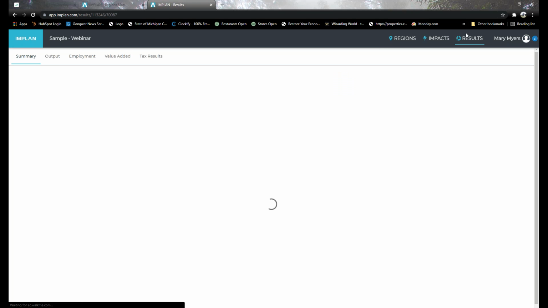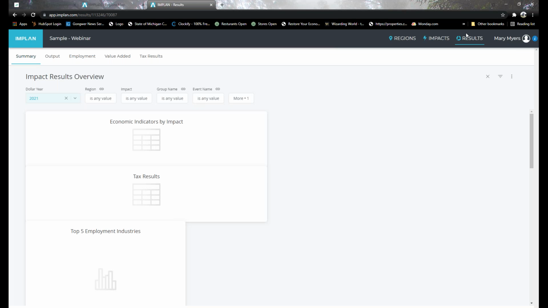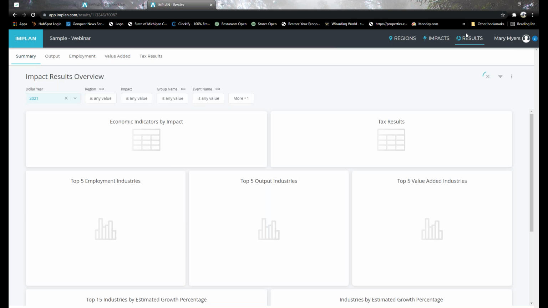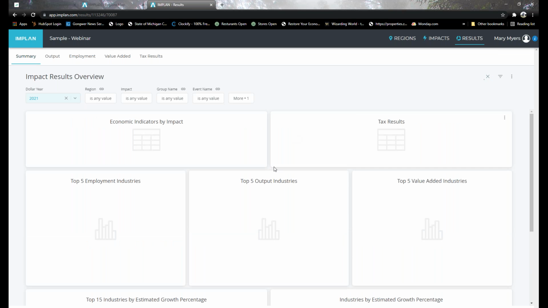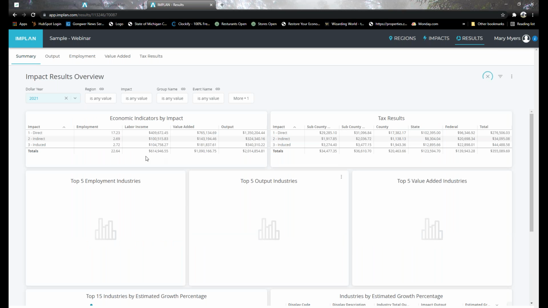And then what happens is it gives you all of this raw data, which I'm more than happy to give to you, but most people don't know how to interpret it. So that's where the report comes into play. Hopefully my internet will allow you to see all of that data that's in here. Here we go. So this is just a summary page.